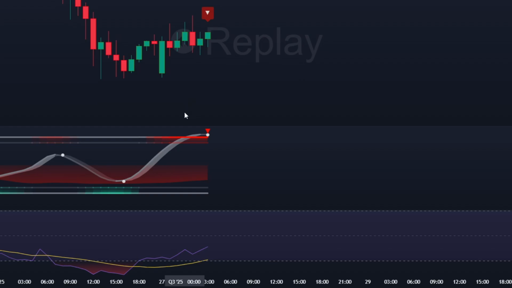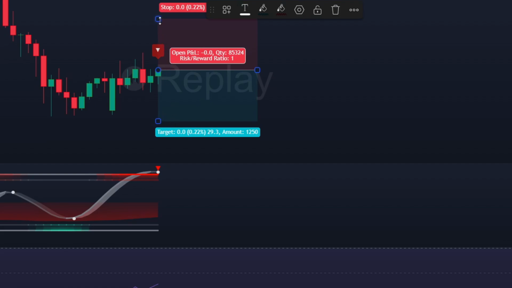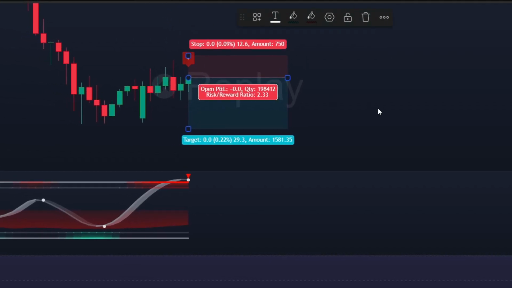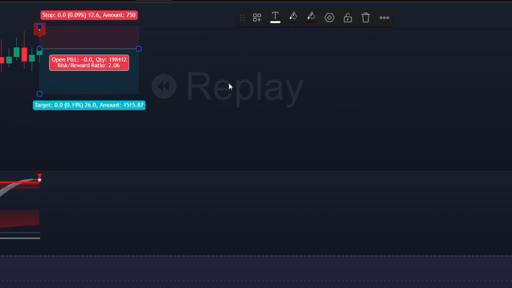Here's a live example of a sell trade. The oscillator went into the overbought zone, and a signal appeared on the chart. The histogram is red, and the RSI was below the center line. So we can open a sell position here. So I entered a sell trade at the next candle. For a sell trade, you can set the stop loss above the last swing high and target a risk-to-reward ratio